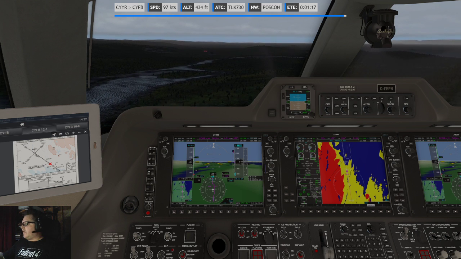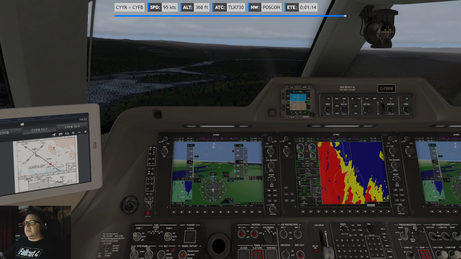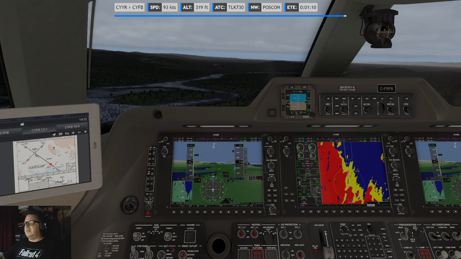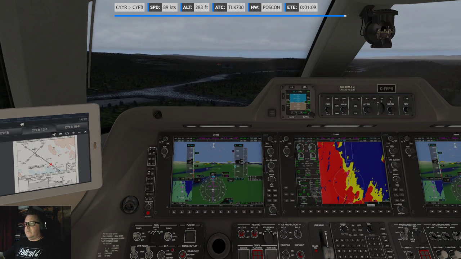Yeah, that layer at 600 is no joke, man. 300. Yeah, a bit low. Disregard that, PAPI. 200. Continue.